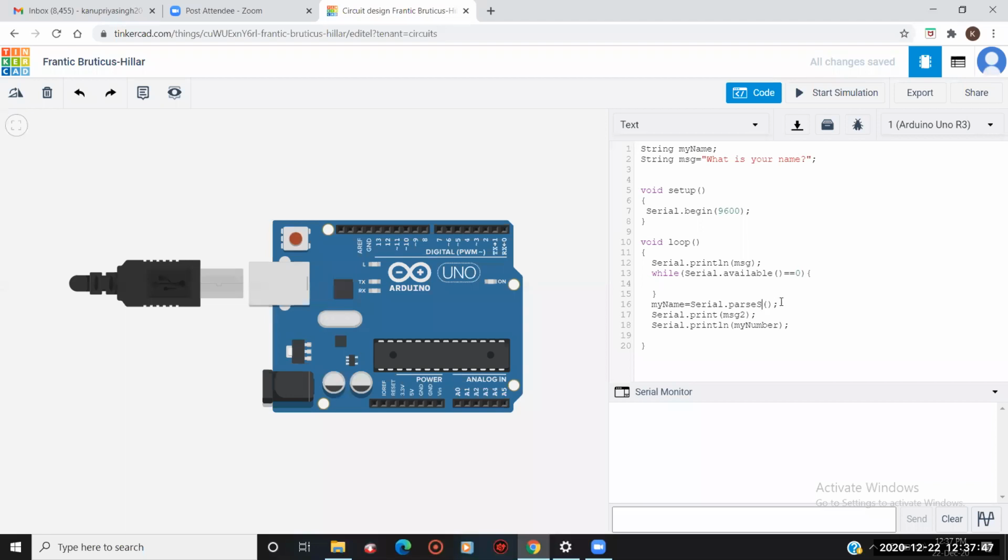So I have to change that command to Serial.readString, because it is going to read that string. The command will get changed. And we are using only one message, so I'll just delete this line here. And it is not myNumber, it is myName, right?